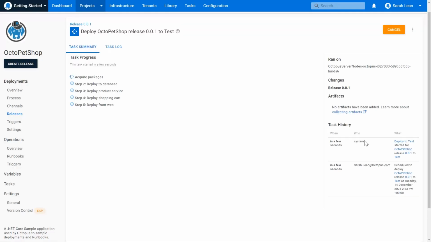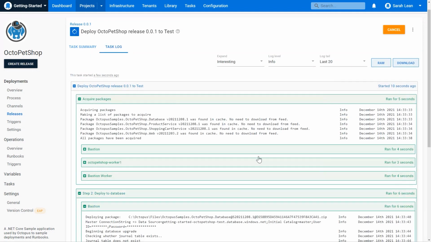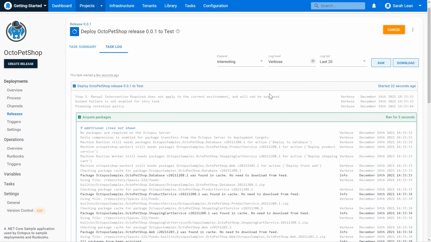Now, it will take a few minutes for this to go ahead and do it, but if you wanted to watch it or if you wanted to troubleshoot what's going on or just see what's happening, you can click on Task Log here. Now, this will give you some great information about what's happening, again, if you needed to troubleshoot it or if you just wanted to watch it. I know Derek is a massive fan of turning on verbose logging every time, so I'm going to turn that on for him in the background.